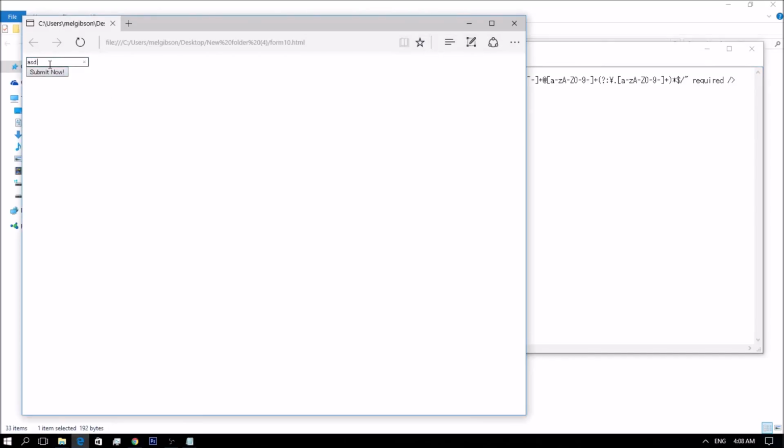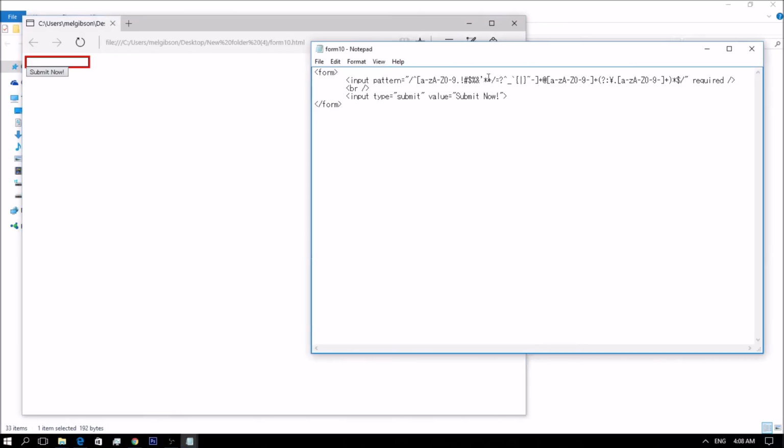So if you input the wrong pattern, the input and the submit button will not work. So when you put in the correct pattern,